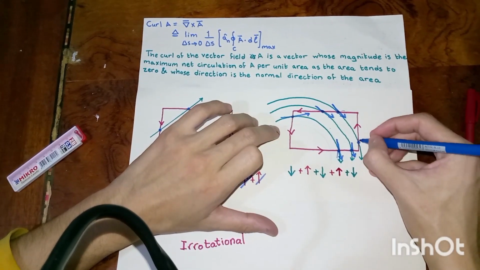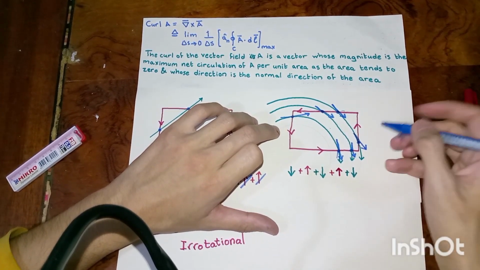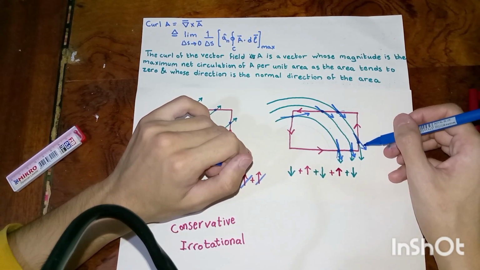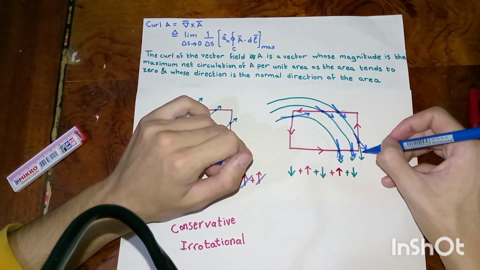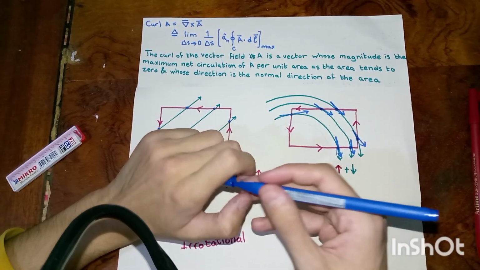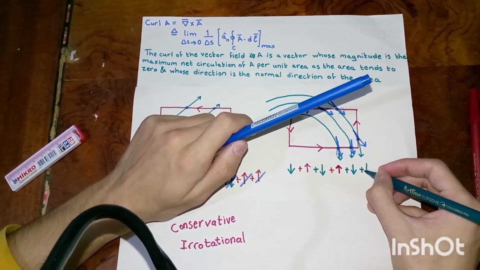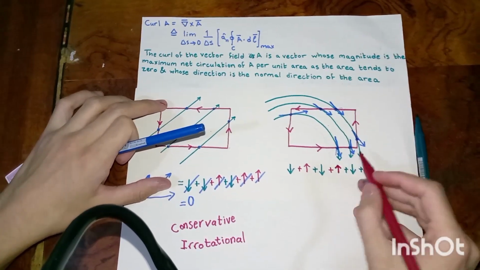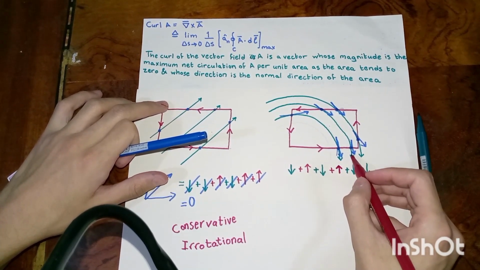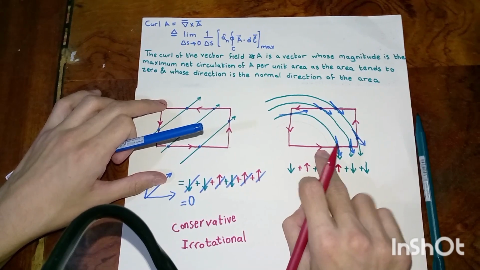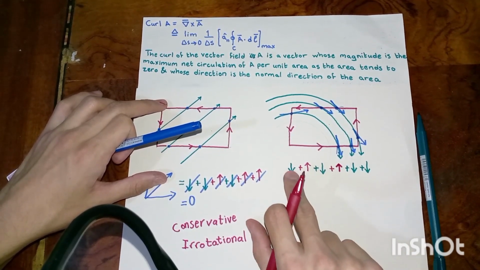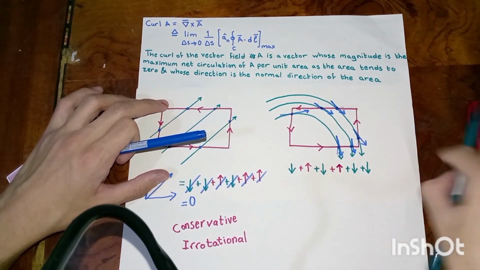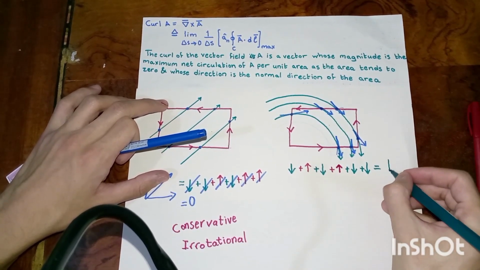Now let's go to this point, and I will also take the tangent. In this case, the x component vanishes and the y component still remains, and the direction of the component and the path is different, so it's going to give us a negative magnitude. So as we see, even if we have some positive values, the positive values resulting from the dot product between these two vectors and this path are so small when we compare them to the other components. So it's going to give us some negative